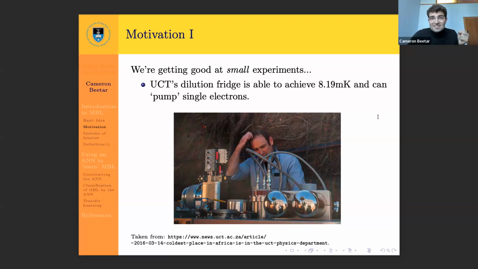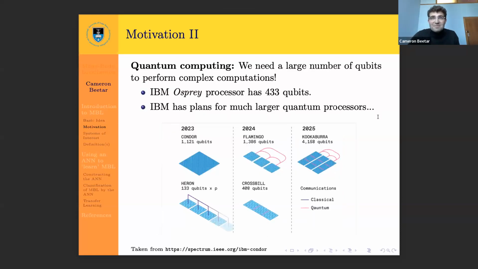And the key example of that is actually given to us by quantum computing. So here we want a large number of quantum degrees of freedom in order to perform complex computations. The state of the art at the moment is IBM's Osprey, which is 433 qubits. Those are interacting quantum particles, but they have plans to make them bigger. So our initial idea of quantum mechanics being a small number of quantum degrees of freedom is growing into something which is starting to look more like quantum mechanics meets a reservoir, if I were to partition the system.